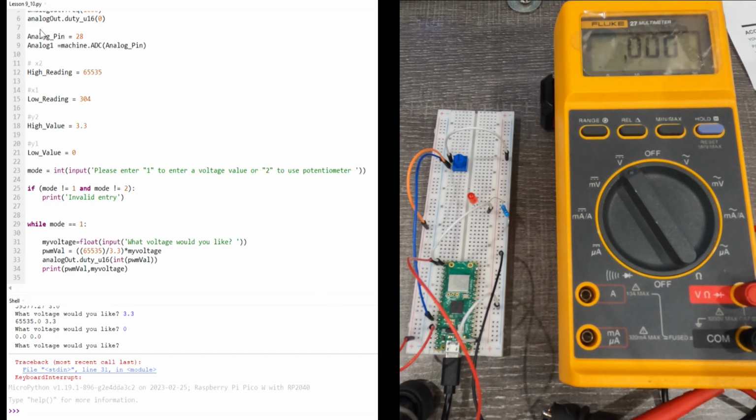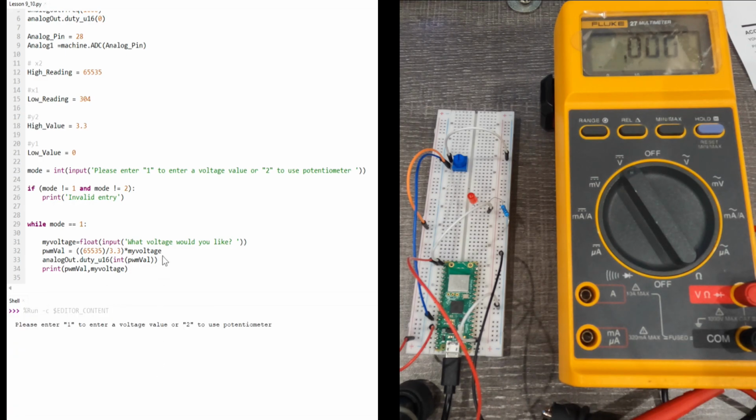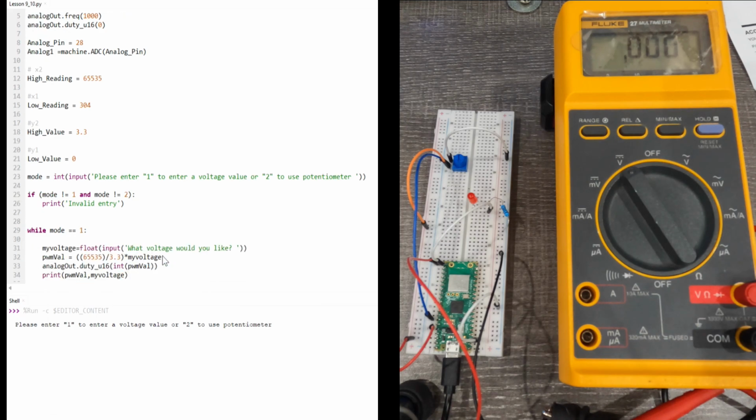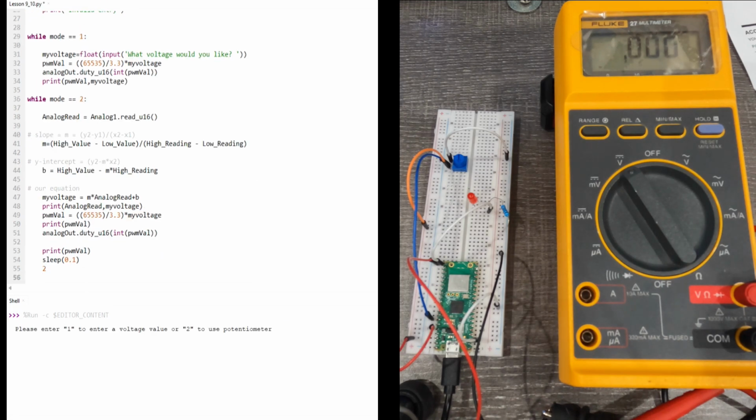And so let's get into the program that's going to let us do that. The program, let me run it. It's got a place here where we get to choose the type of input. We could either enter the voltage like we did in lesson 9, or we can use the potentiometer like we're going to do now. And then we do an error check here. And if we put in 3, then it's going to kick us out of the program and tell us it's an invalid entry. But if we do 2, then it's now, let's